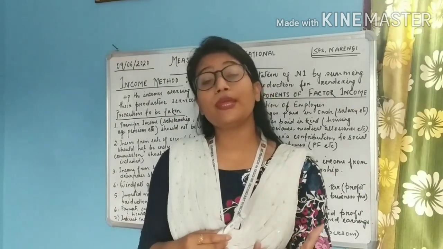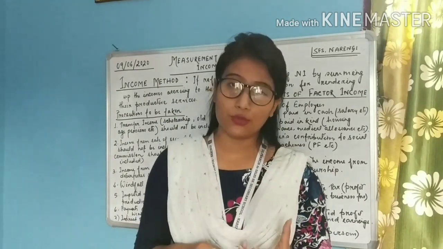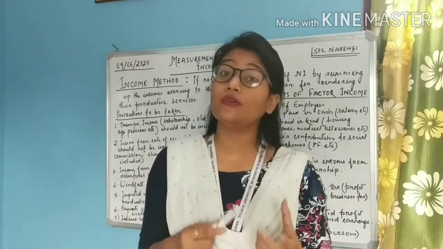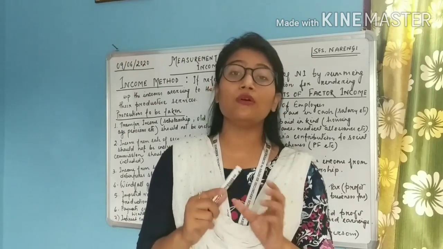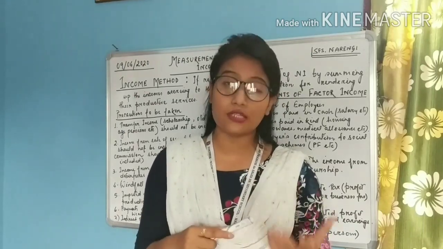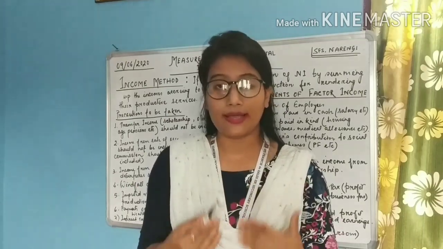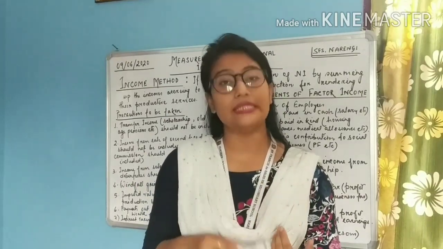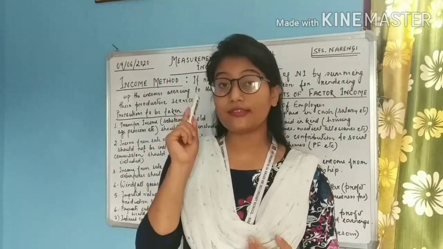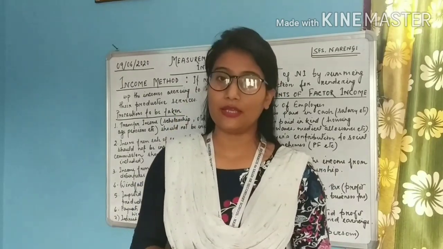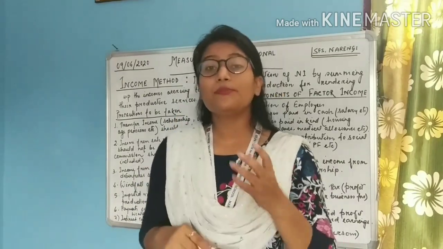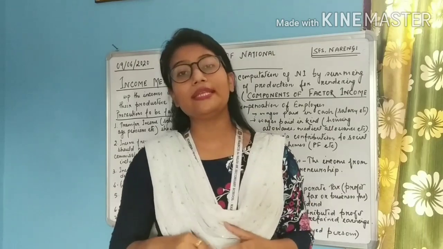The value of the bread already includes the value of the wheat. It already includes the value of the flour. It already includes the value of all the raw materials that were used in its production. So if we include them again, this will lead to a problem of double counting. So students, these things are very important to be kept in mind. This is just a brief recapitulation of what we did in our last class.